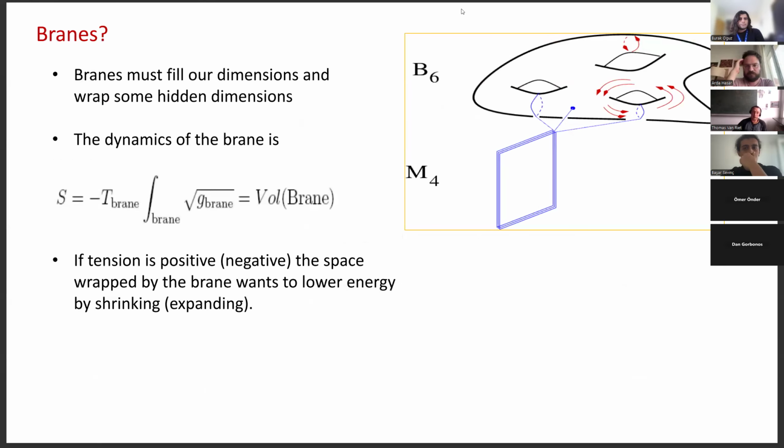Finally, another ingredient is something in string theory. Can I ask something? Yes, please. When we add the p-form gauge fields, there are new p-form symmetries arising in the theory. Do they contribute anything interesting to the story? Yeah, they contribute branes. So that's what I wanted to say now. It's a very good point.